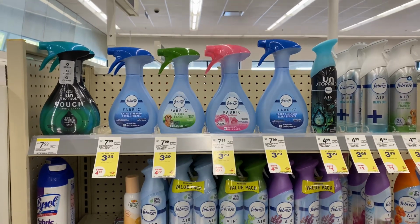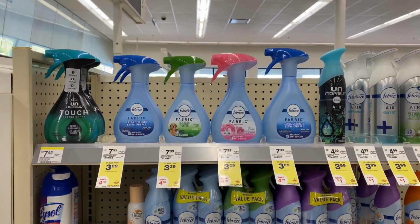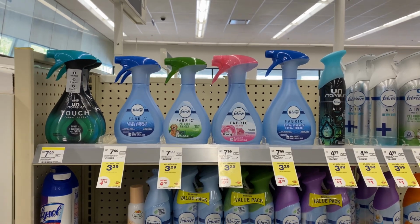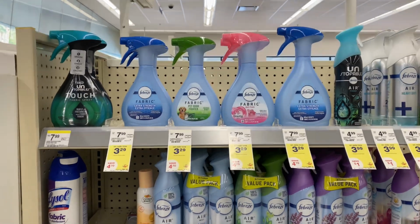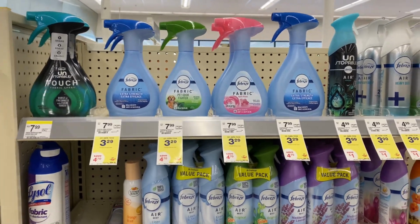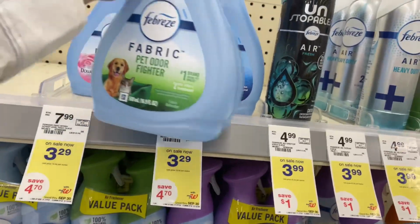So now I'm going to get started on my next transaction, and I'm going to be doing the Febreze deal. When you buy 3 Febreze products, you're going to get a $4 register reward. That includes the air effects, the car clips, the small spaces, and the fabric spray. So I'm actually going to grab 3 of the fabric sprays for $3.29 each. 3 of these will total me